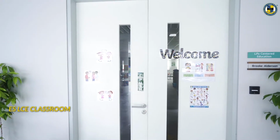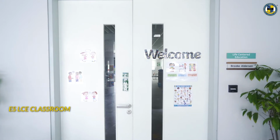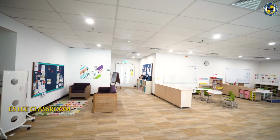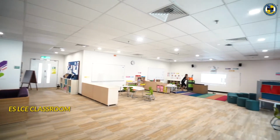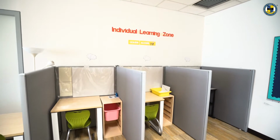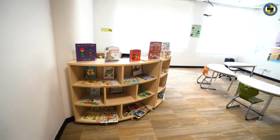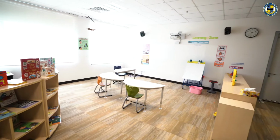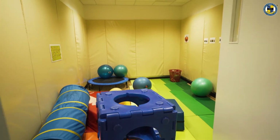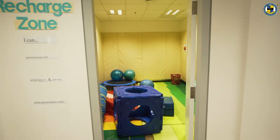The Elementary Life-Centered Education Program is an extension of our robust Learning Resource Department. It provides additional support for students requiring adaptive skills, instruction, social communication skills, or modified academics. Students are offered an engaging and fun learning environment that includes a life skills curriculum and transition goals created in